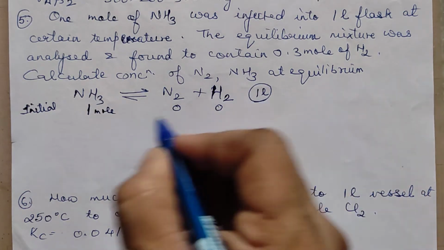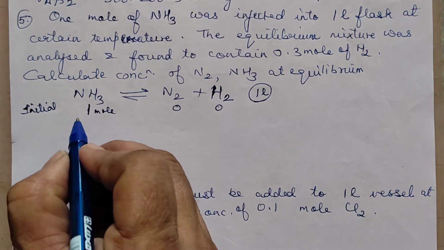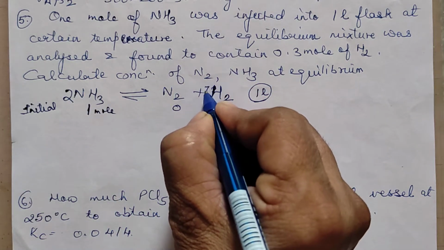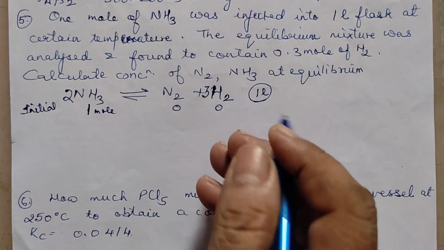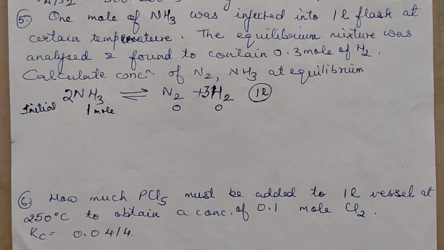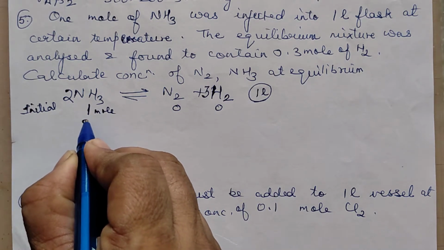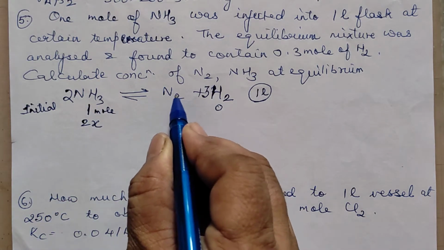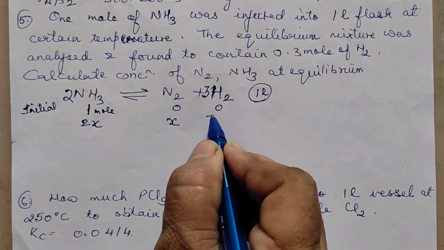So means mole itself can be taken as volume concentration later. And then you balance this equation, it comes out to be 2 here, and when you balance this comes out to be 3. Now they are telling you this much mole of H2 was found at equilibrium. Now in this, let me tell you first in terms of X. As I said, coefficients have to be considered. Now coefficients are given here. Means I may write here 2x moles of ammonia will react. By the time 2x will react, how much of N2 will be formed? X, because the coefficient is 1. And how much of this will be formed? 3x will be formed.